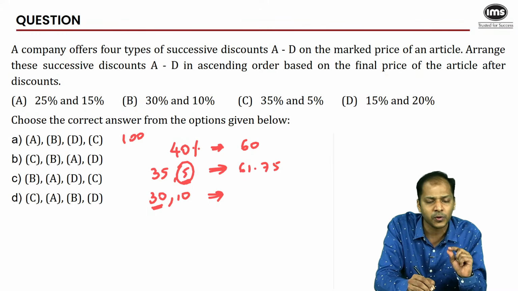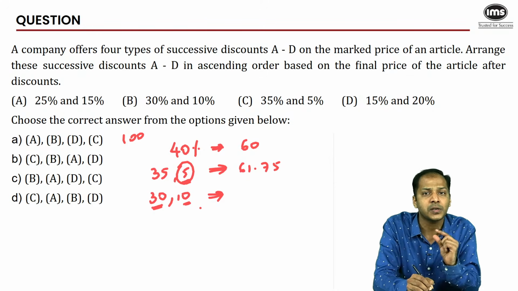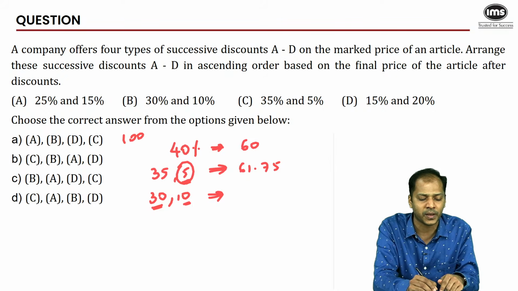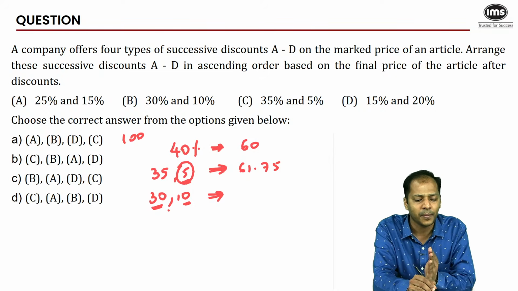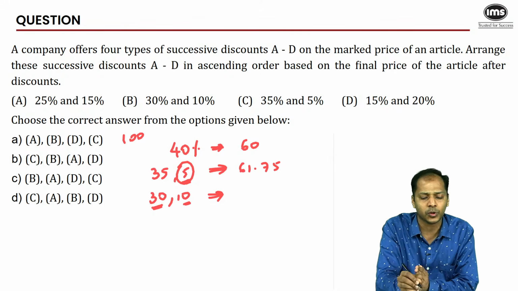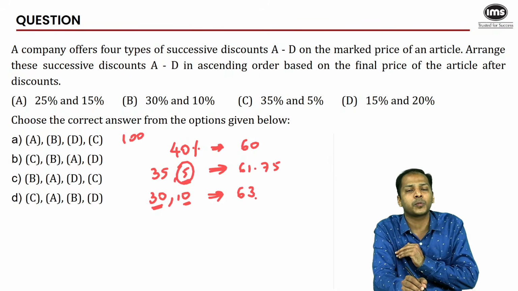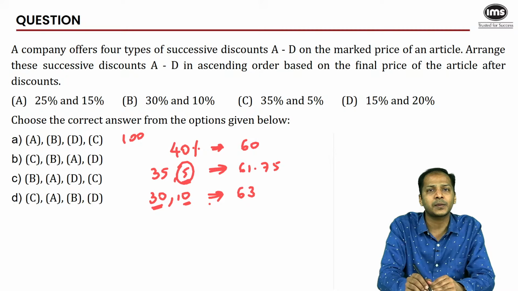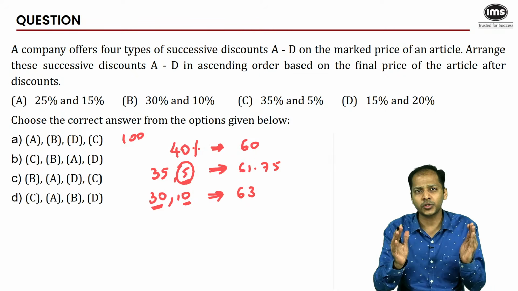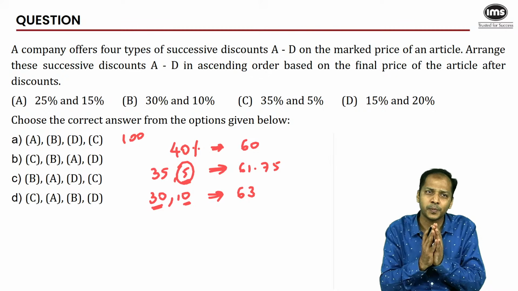Your 30% was on the entire value, but 10% was on a smaller value. So for example, 100 would become 70, and then you will give 10% discount on 70. That will be a 7 rupee discount. The value comes out to be 63. So for the customer, a single huge discount is the most beneficial.